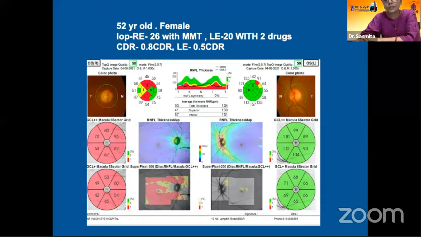So we have done it for the left eye, and we can see the focal changes in the upper part. And OCT basically has a limited value in advanced glaucomas because it has a floor effect. After a certain value, it levels off; below 50 and 40 microns, it doesn't show. So you have to follow up these advanced glaucoma patients with the perimetry.